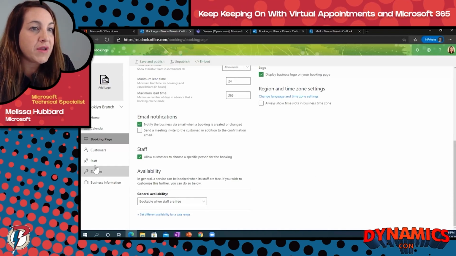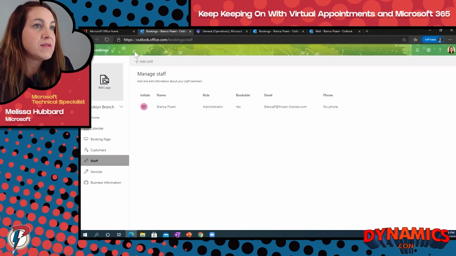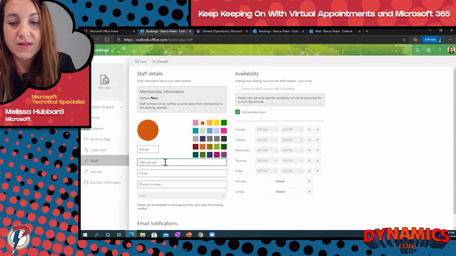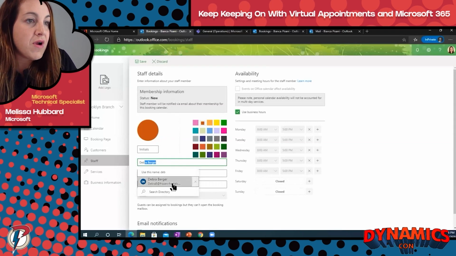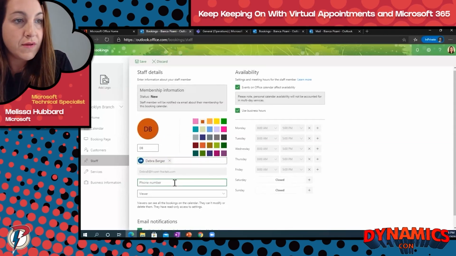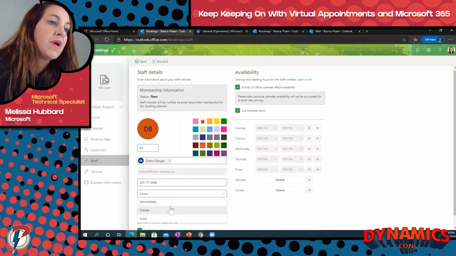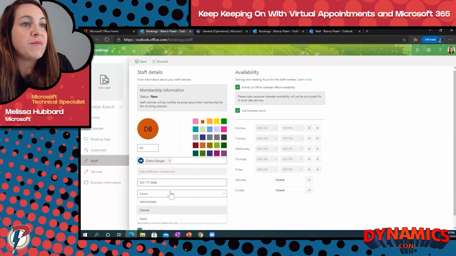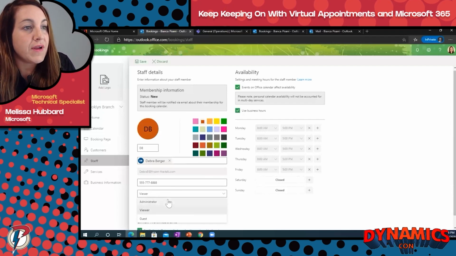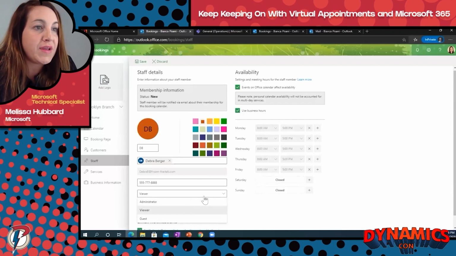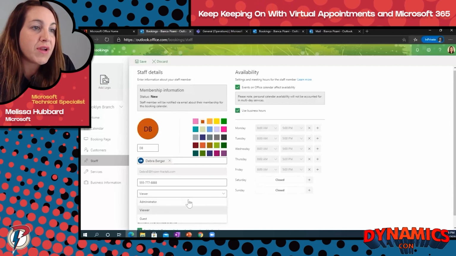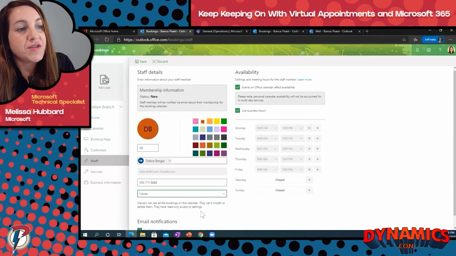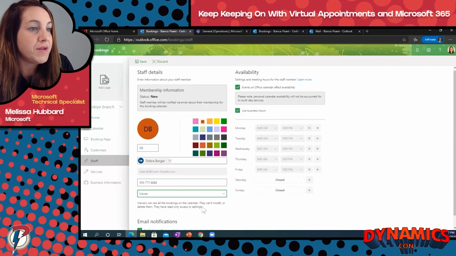And now I'm going to go ahead and add my staff. So all the people who work at this branch that are going to be holding appointments. So I'm going to add Deborah, her phone number. And here's where I'm selecting her role. So an administrator, you get access to all of these settings in the bookings calendar to change the times of day they're open, to change the page. You really want to limit who has this level of access. I'm going to make Deborah a viewer, which means she can view and manage her own calendar.